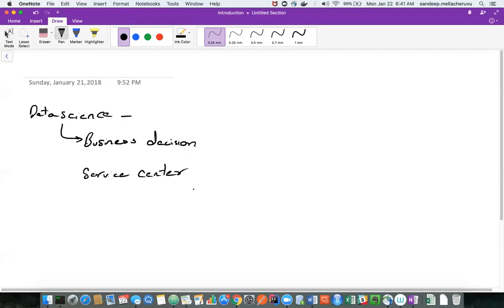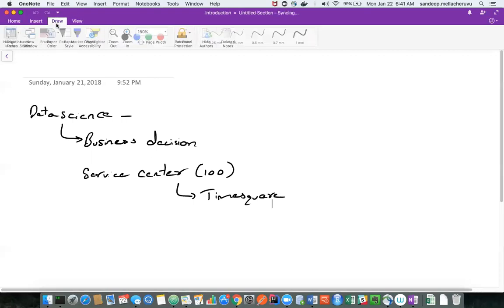Let's say there are 100 service centers in the city, and I want to add a new service center at a location, let's say Times Square. Getting office space in Times Square is not very easy, so it's going to be costly. Opening a new service center in Times Square is going to be very costly.